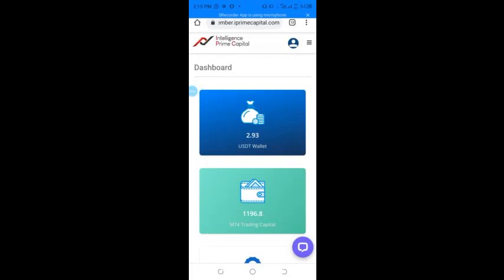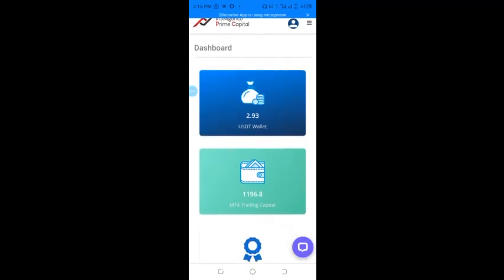So there are 3 robots that you can subscribe to in IPC, but the best one and the most efficient one is Genius Bot, that is sold for 100 US dollars. So here you just need to come to the subscription button, after you have verified your account, because you need to verify your account to know if truly you are a human being.